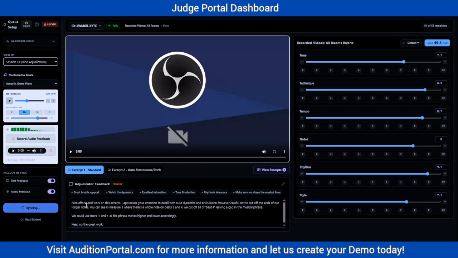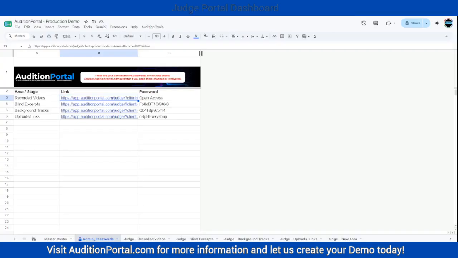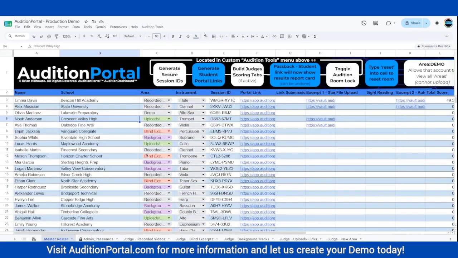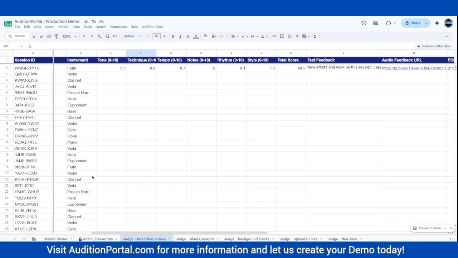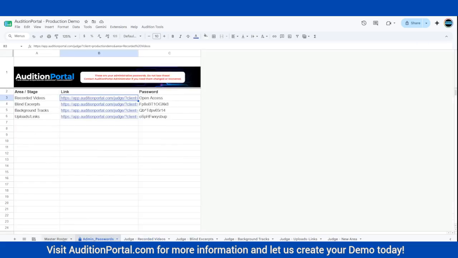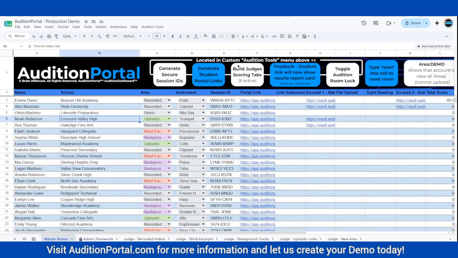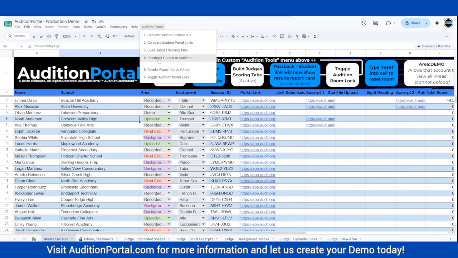Click Finalize and Sync, and it's going to take their final score and sync it up into our master roster. So back over to that. The master roster, there's going to be a judge tab on the bottom for each of the areas. There's either going to be a lot of them or a few, in this case, if they're all unified. And you're going to see that some of the students that we graded and judged are going to have their feedback there. Upon completion of all of the grading, you're going to go to Audition Tools and you can pass